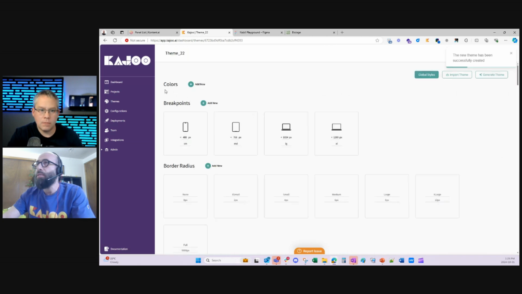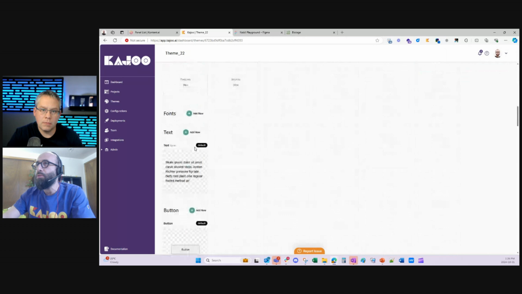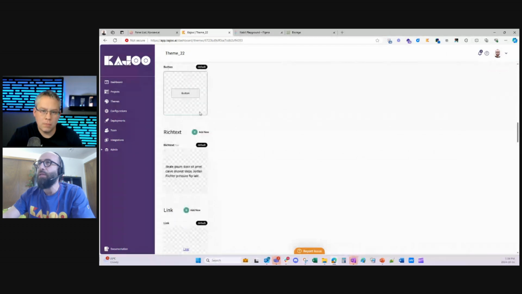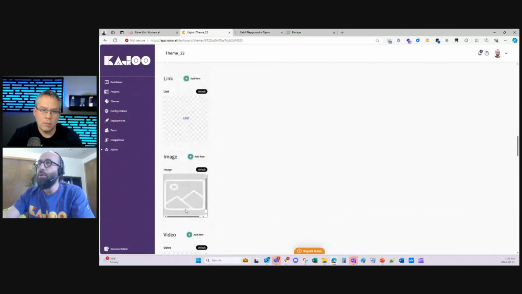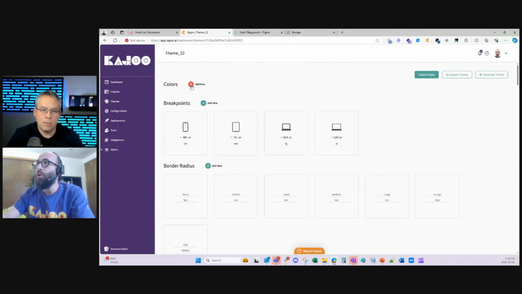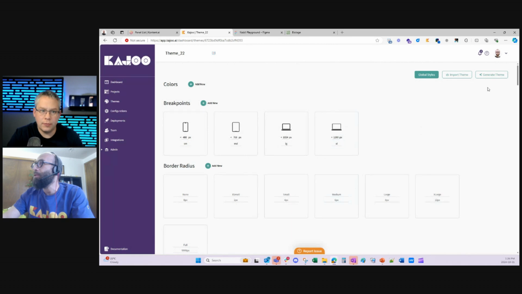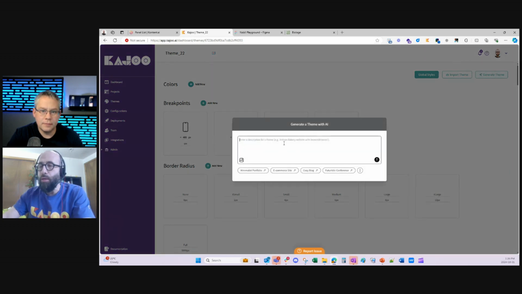And the design system here, as you can see, has tokens: color tokens, breakpoints for the website, sizes, borders, fonts, different variants of elements, all the atomic elements of web development. It's available here, and you can definitely go ahead and build color tokens manually or import them from Figma. But I'm excited to show today a new feature we're rolling out, how AI can build this design system for you quickly.